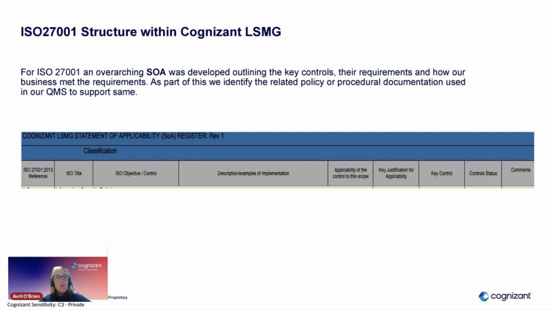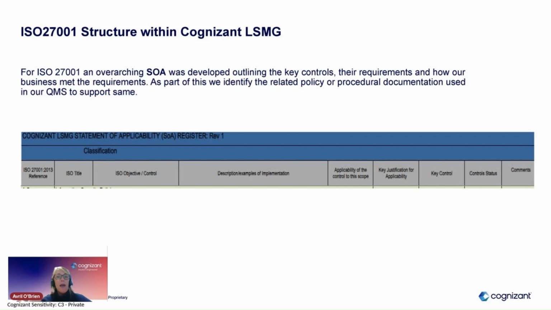So just to talk with you on the SOA, I wanted to show you an example of how R1 looks, just to give you the headers. So this is an example of R1. What we have done basically is we have the reference to the standards, the ISO title, the objective of that, and then the description of implementation, which is how we meet that requirement. So that might be through, like I mentioned, a password policy, or through risk management, enterprise risk